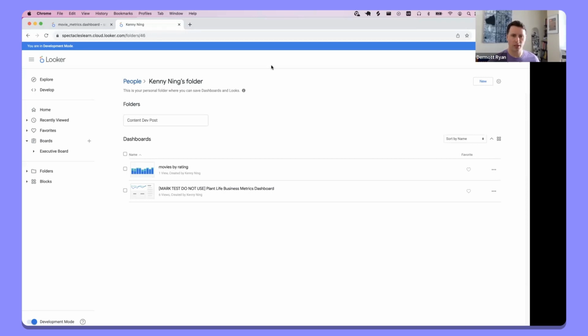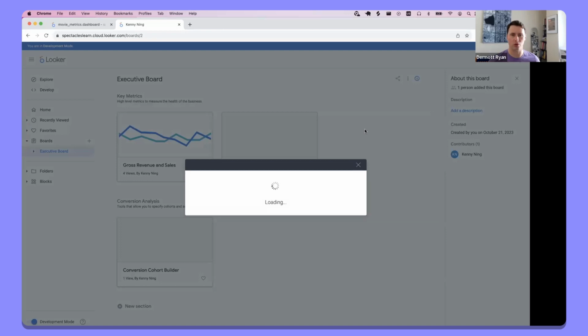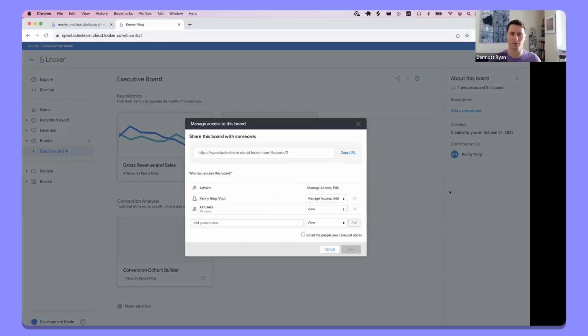Another question from Jake is, which permissions determine which users are able to create boards? It seems like there's no granular control over who controls what is in prod. Yeah, that's a good point. The permissions are going to be similar to folders if you look at the shared screen. I think maybe I didn't talk about that much. I think the best way to do it would be